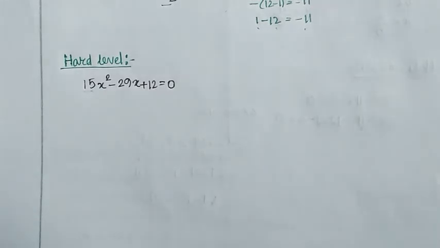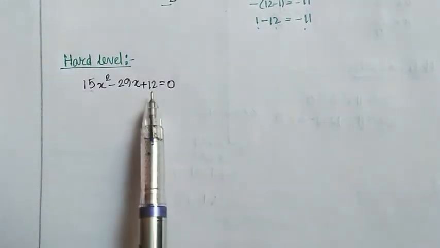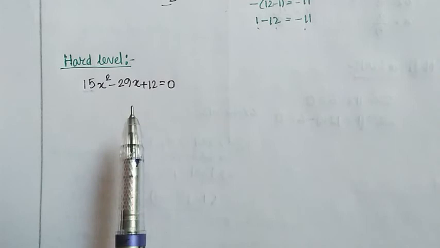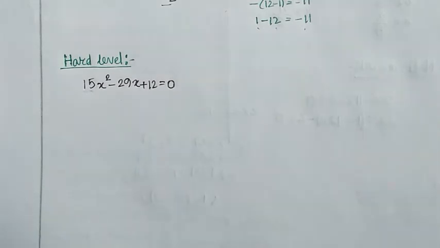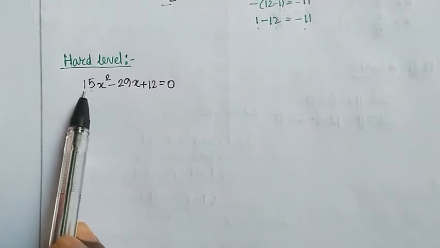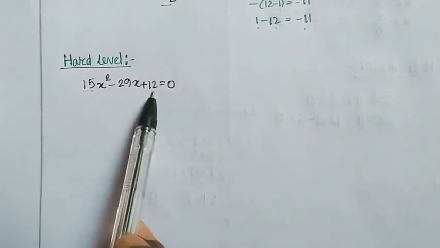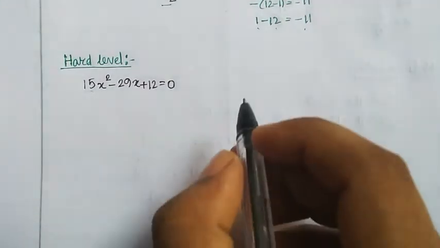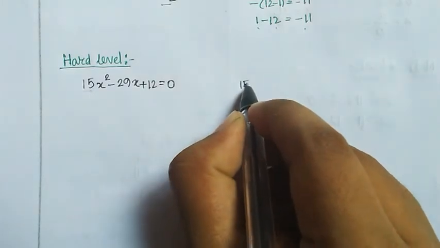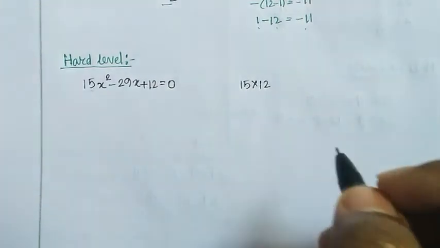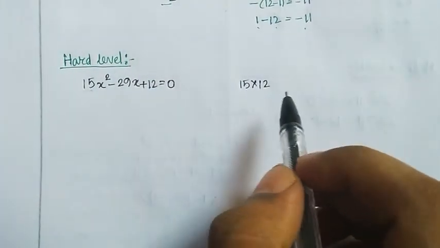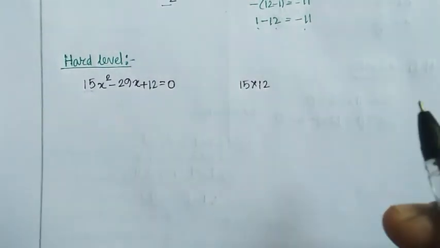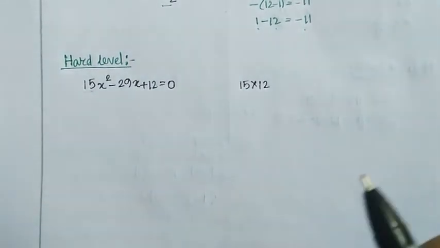In hard level, only the terms are larger. There is no difference in procedure. Let us now multiply the first two terms, the x square coefficient and the constant term, as the first process. That is 15 into 12. You can multiply this and derive the answer, but that will not make the problem shorter. To make it short,